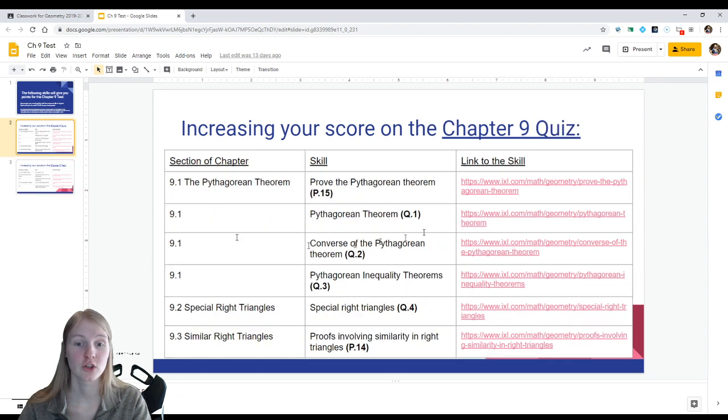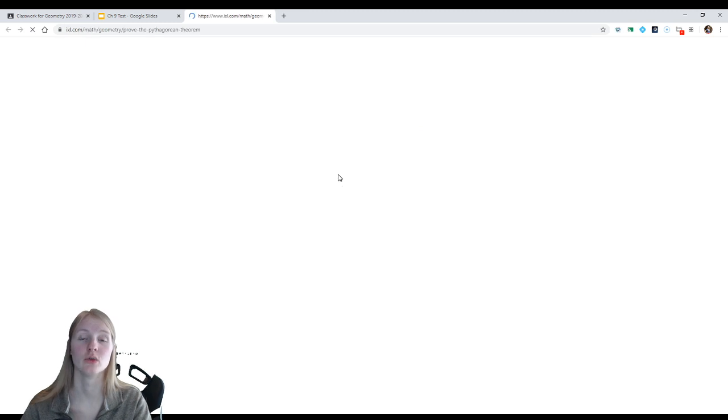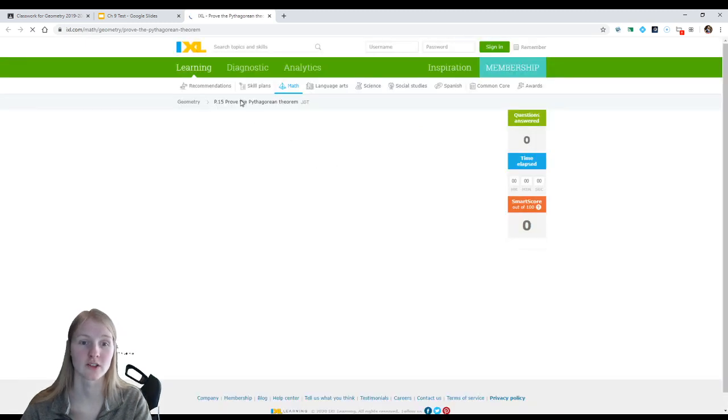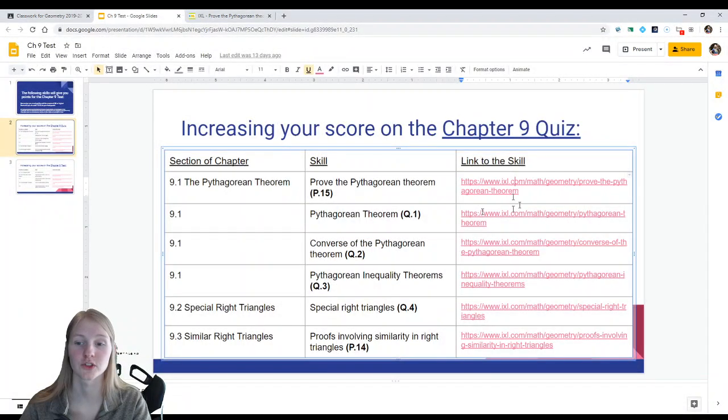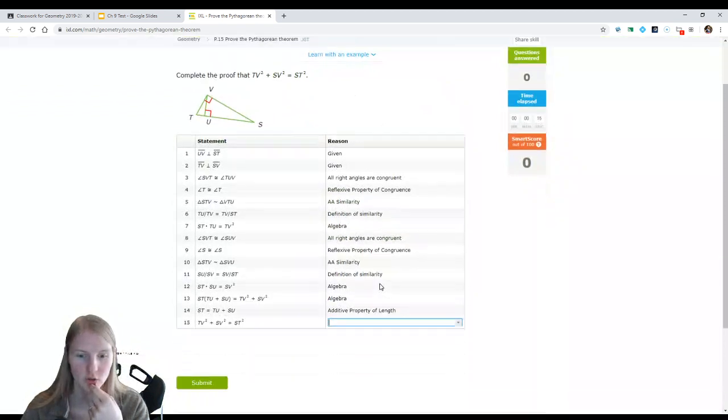Yeah, so these are all the skills, and when you click on a skill, it will take you directly to IXL with that skill already open. So you just have to look here, see which skill do I want to do, click on it, and look at that! It's asking me to sign in. Make sure that you sign in. See where it says looking for the Auburn School District? Yes, you are. So you just click sign in here, and then when you do problems,